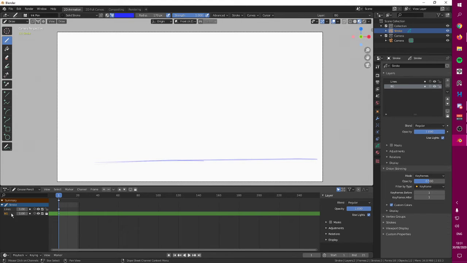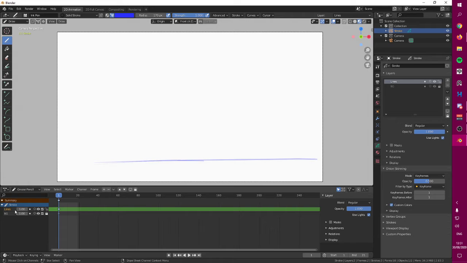Let me block the line, the background. Let me select my lines layer. And let's draw a ball in here. Just a simple ball. Okay. Now I want to go into my next frame. In here you can use your left and right arrows to go into the previous and the next frame. So I'm going to my next frame.